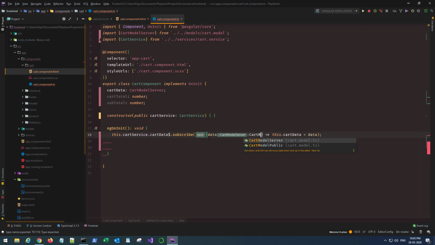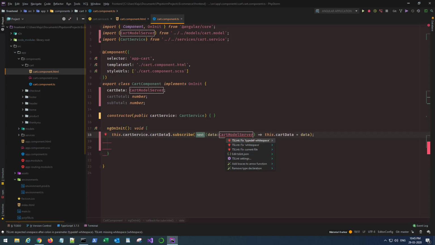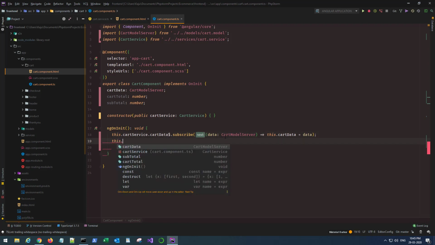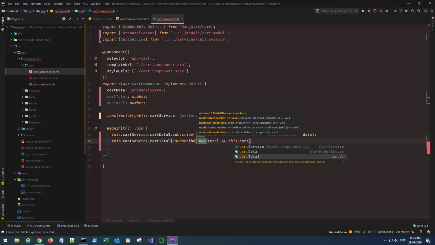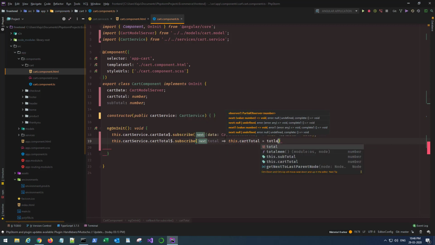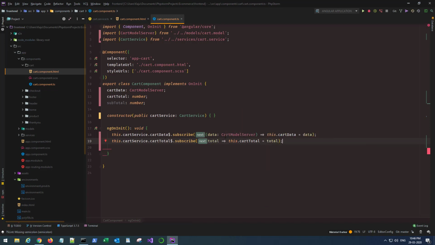I can define here cart model server like that. Okay, perfect. Now this dot cart service dot cart total observable subscribe, then total, this dot cart total equals to total. Okay,